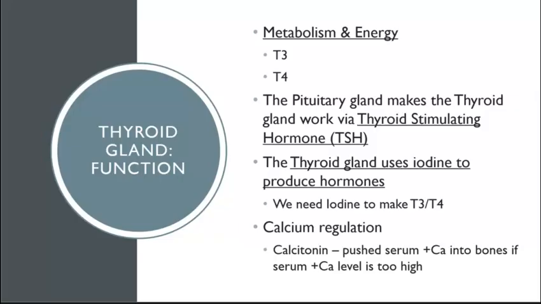Now, remember I said thyroid gland also does calcitonin. So calcitonin puts the calcium back into the bone. So the thyroid gland does secrete this. Let's say your patient has a high blood calcium level. That means that more calcium is out in the blood and not in the bone. Our thyroid gland can secrete calcitonin to push the calcium to be reabsorbed into the bone.